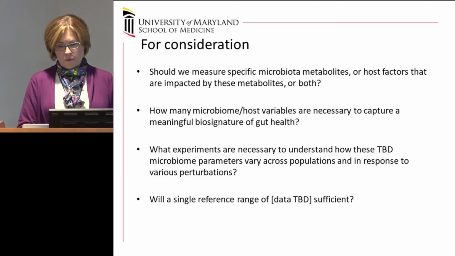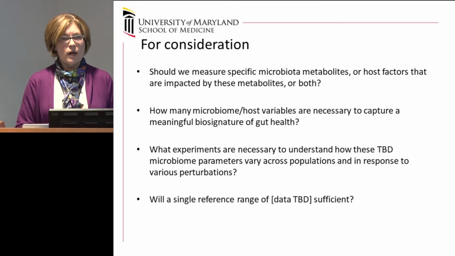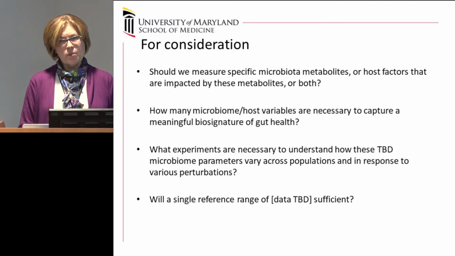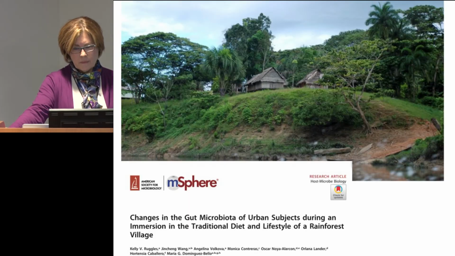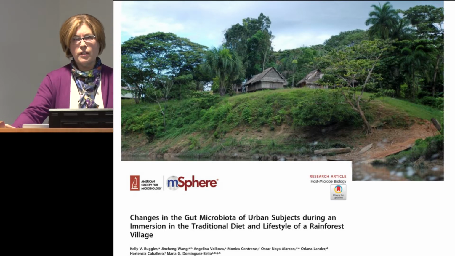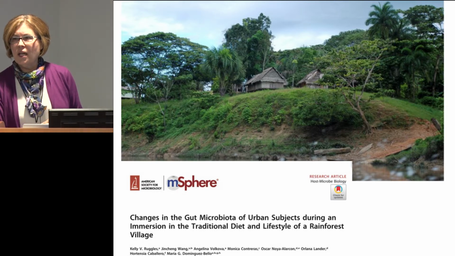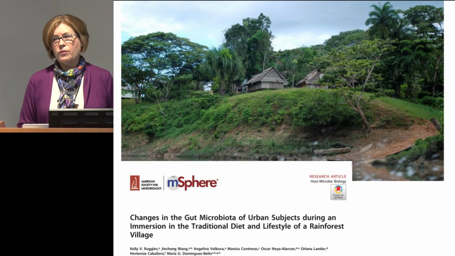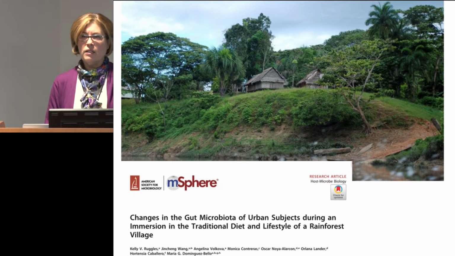And will a single reference range of whatever marker we think might be usable, is a single reference range sufficient? Or going back to some of my earlier comments, do we need to consider some of these in a population-specific manner? And finally, another idea just to put out there for consideration. So much of what we have studied and measured with regard to the gut microbiome, whether it be 16S ribosomal RNA gene data, whether it be functional data, transcriptome, metabolome, has been derived from studies of individuals in developed countries,